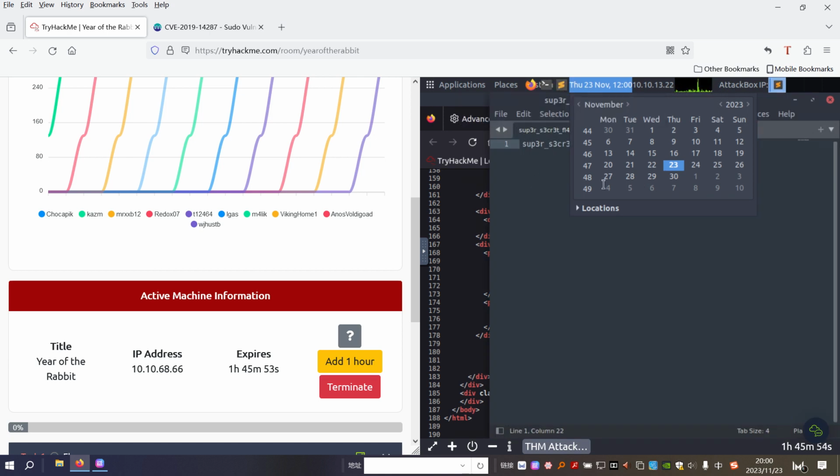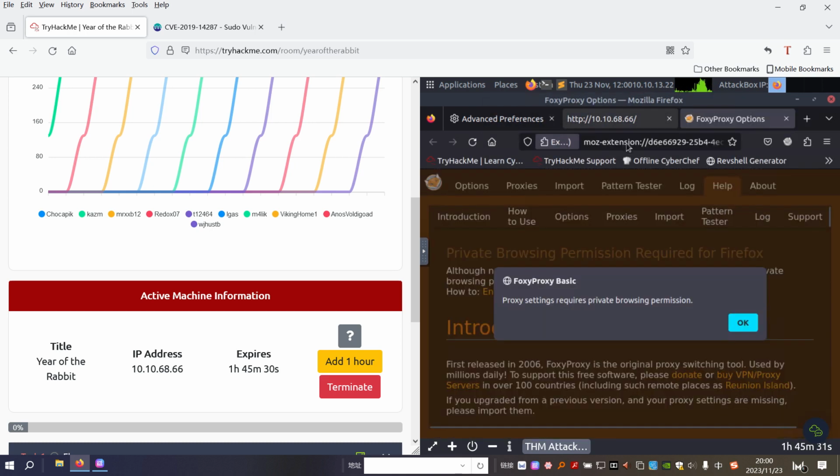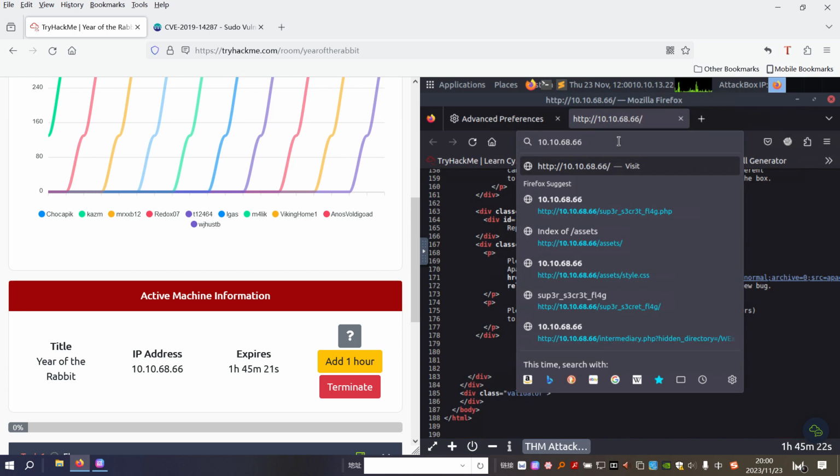Yeah, this one. Click. All right. And then we can copy the file name. And then go back to the browser. And put it at the end,